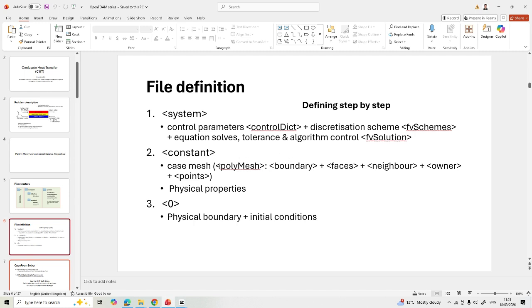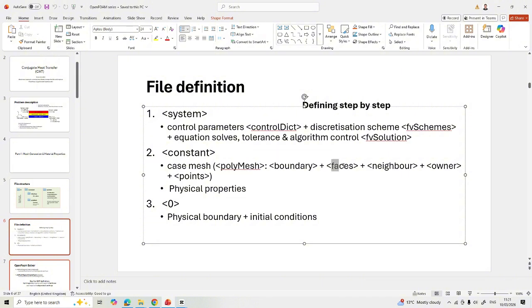And the constant folder is mainly about polyMesh, which is a folder saving all the cells in the finite volume method. And the constant is also about the property definition of your material, so the physical properties of the material. And finally, to enable